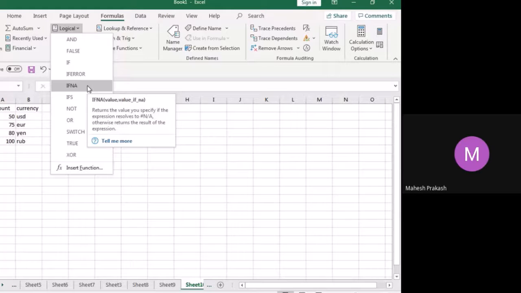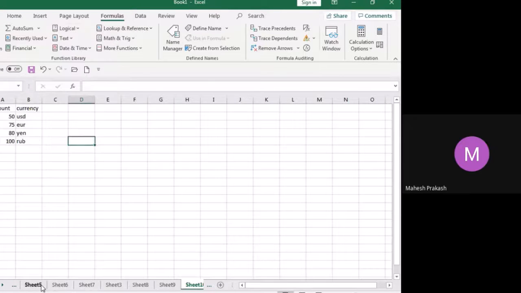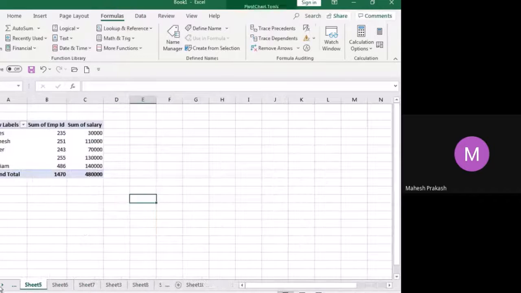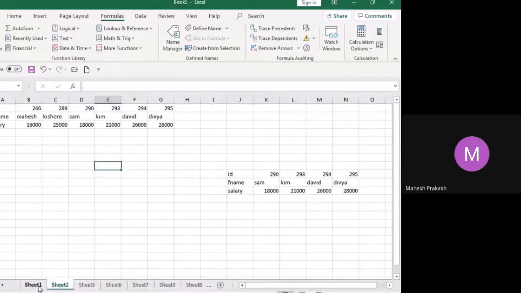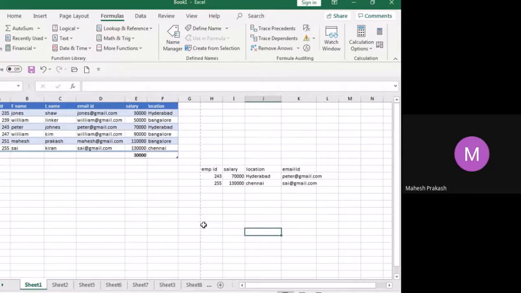So IFNA will work when you have something like VLOOKUP. We have already done VLOOKUP, right? So in that we can do. Now what I'm trying to tell you is, imagine your boss has given you a number which doesn't exist.